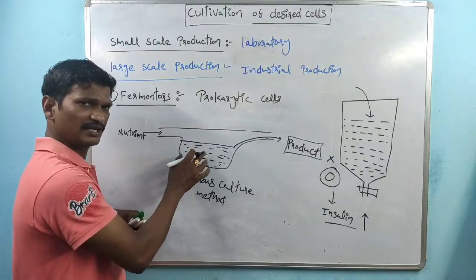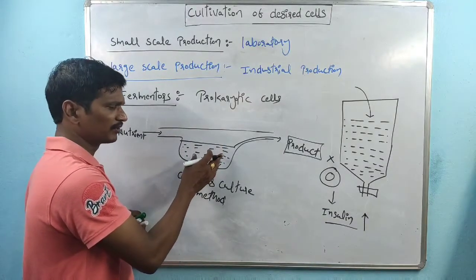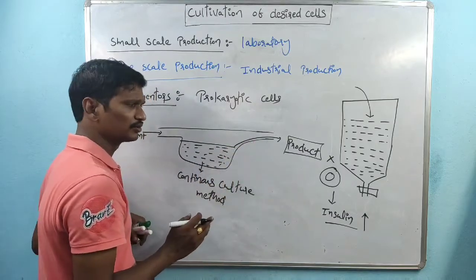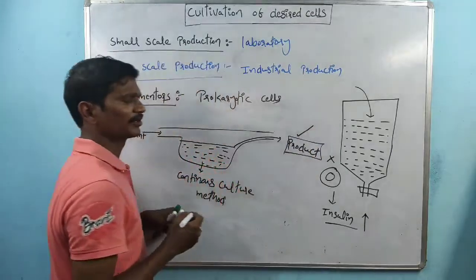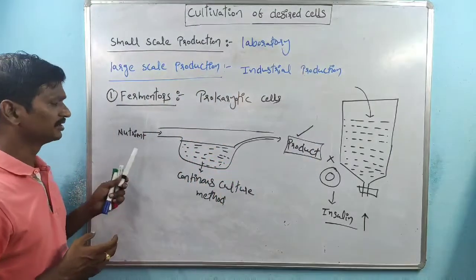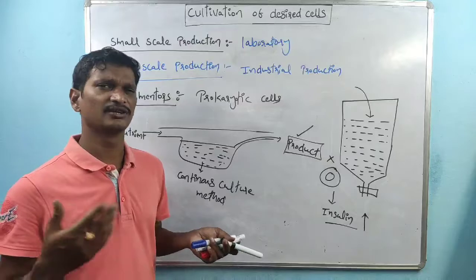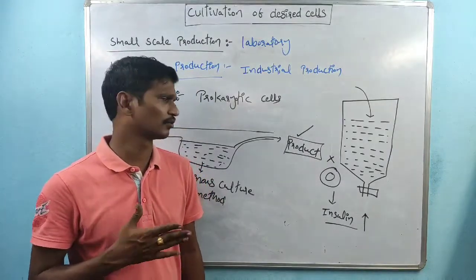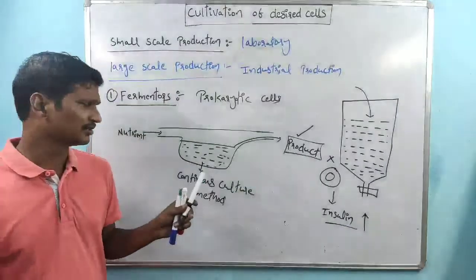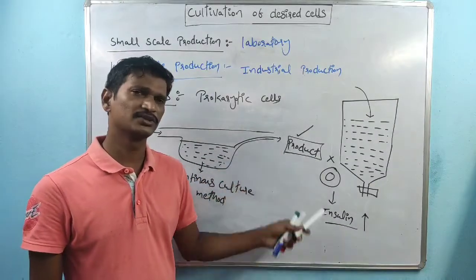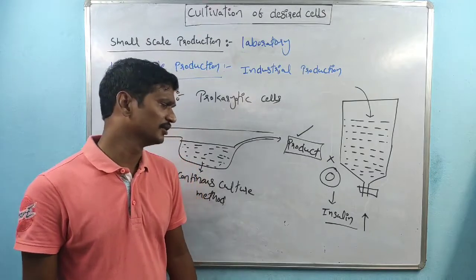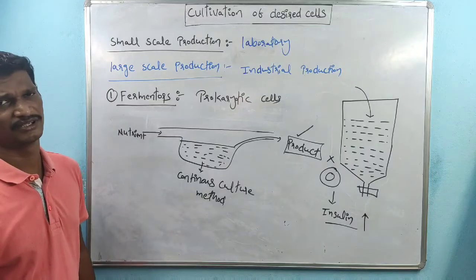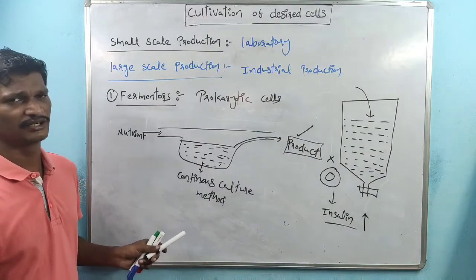As we continuously add nutrients, the cells divide, so the larger amount of cells gradually comes out. From those cells, we collect the product. So this is one of the continuous culture methods. Continuous culture is nothing but continuously adding nutrients and the requirements for the growth of the desired cells from one side, and once growth is completed, continuously collecting from the other side. So this kind of fermenter is called the continuous culture method.